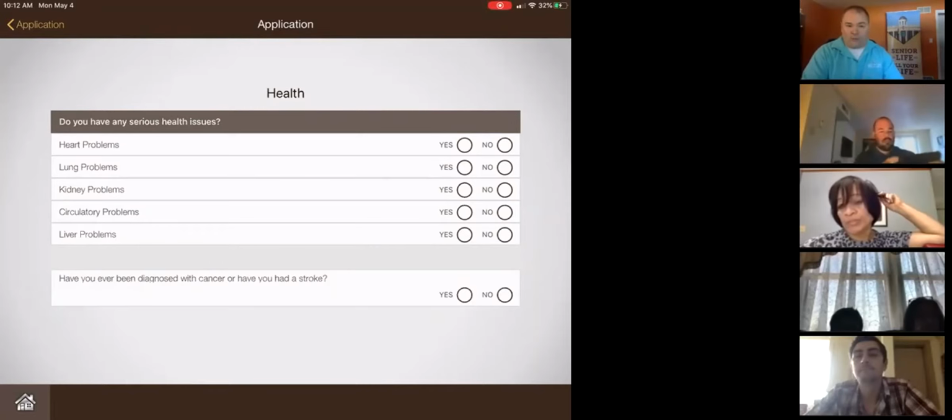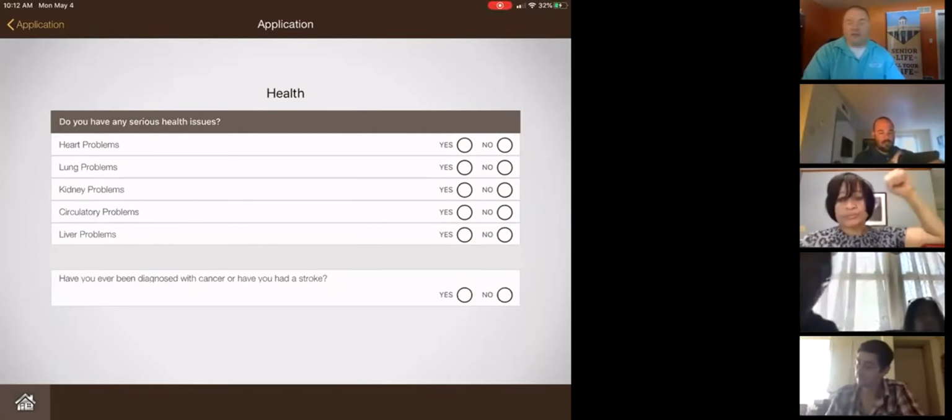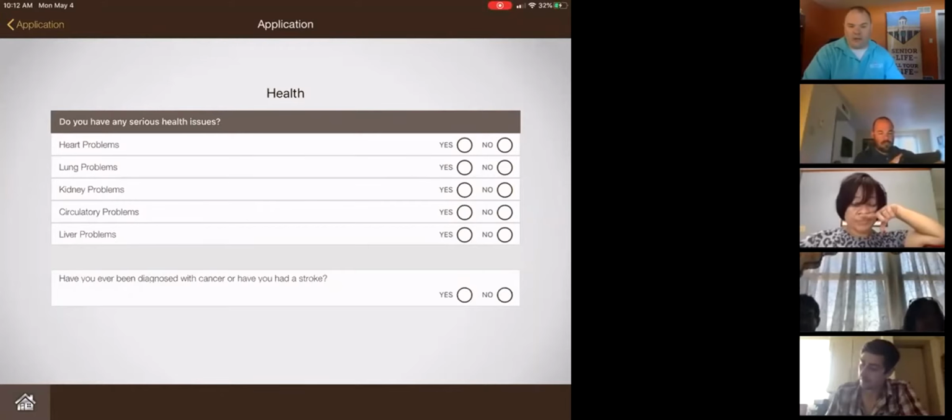So heart problems as well. If they have a defibrillator in there, obviously it's going to be yes. If they have congestive heart failure, obviously it's going to be yes. If they are on a blood thinner, obviously circulatory is going to be on there. Just a key, something to keep in mind when you go see people, and you will see a lot of